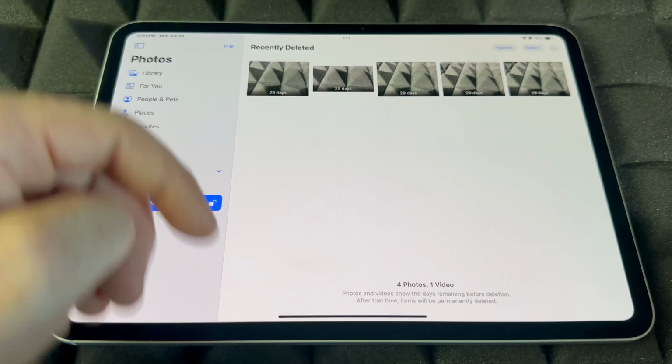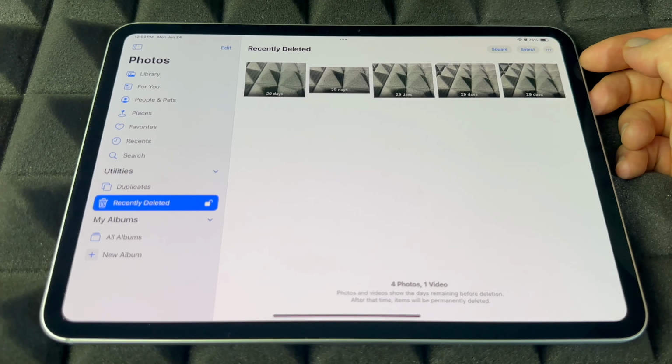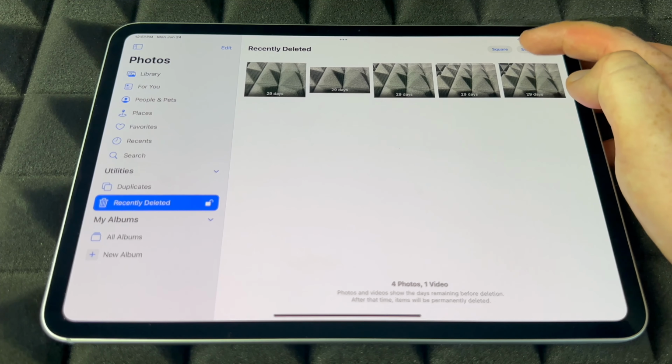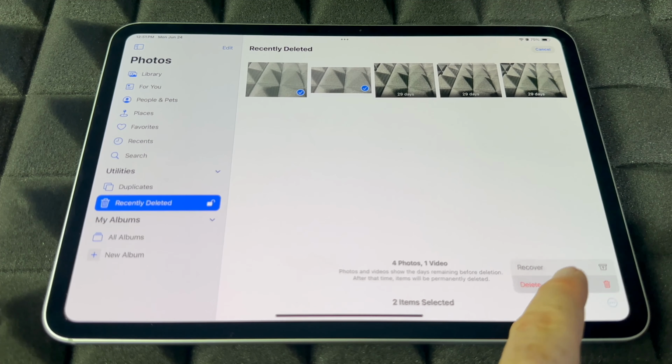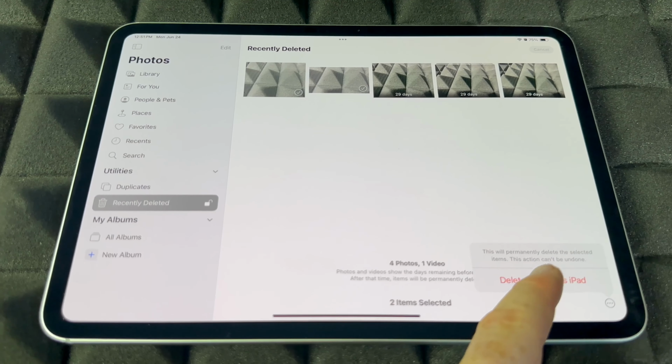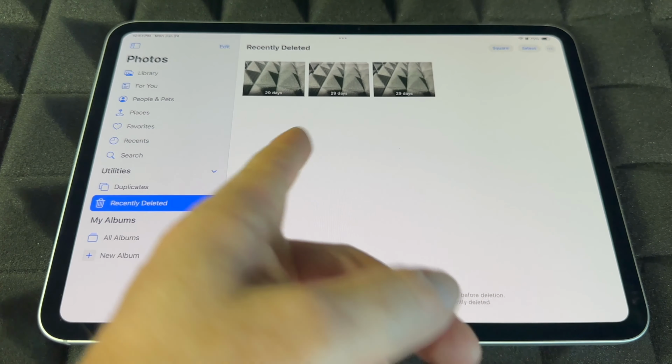Or you guys can always go on the top right hand side. So let me just focus in that better. Or you guys can just go into select and just select 2 of them if you guys want to just delete 2 of them forever. So delete from this iPad. So down here below on the bottom right hand side, you guys can see delete this from this iPad, and